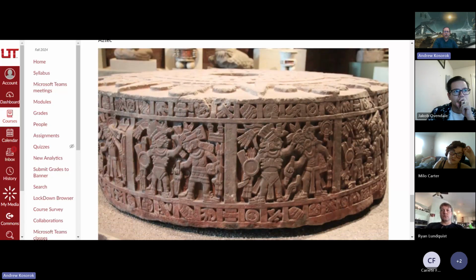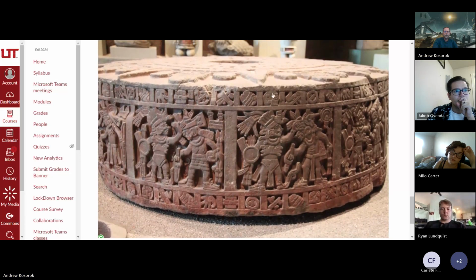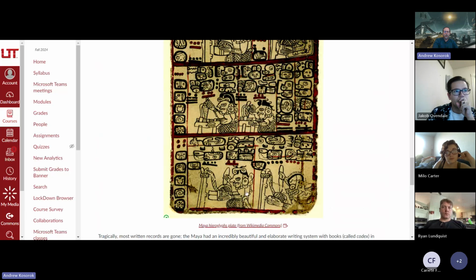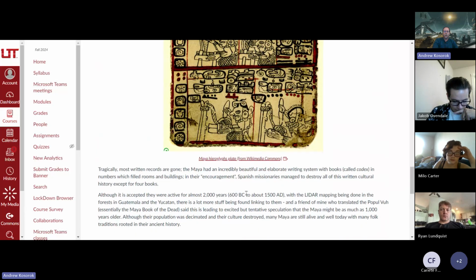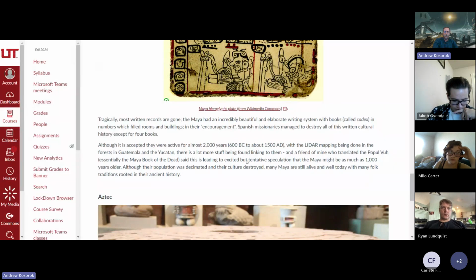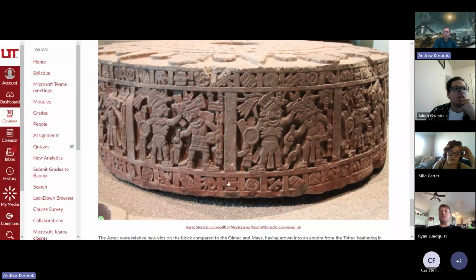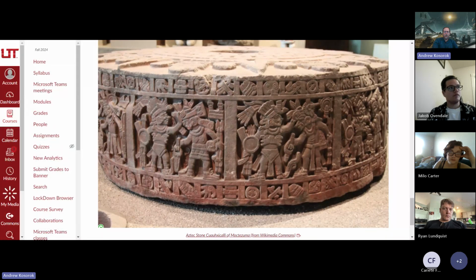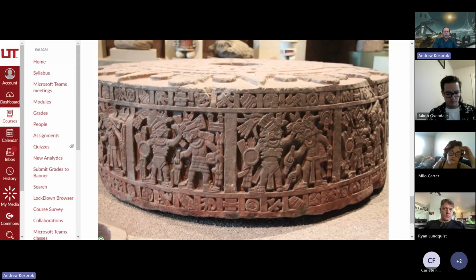And then we get the Aztec. What's fascinating to me is you can see there is a lot of visual overlap and relation between what we see with the Maya writing and the Aztec imagery. And of course, the Aztecs,